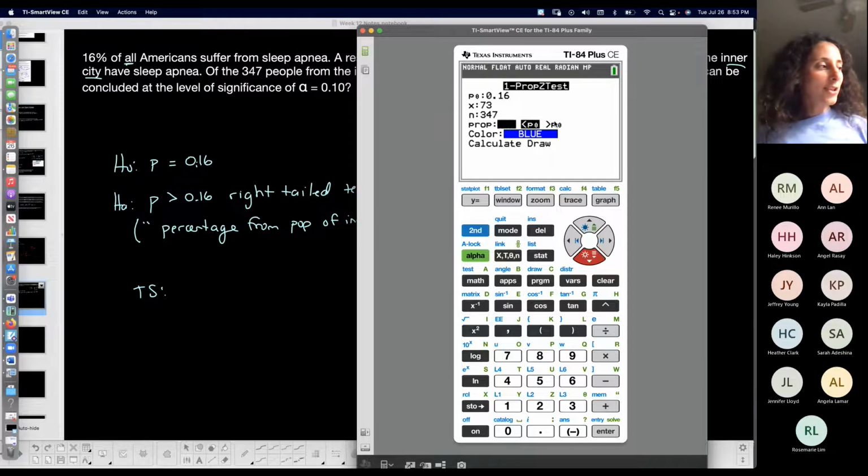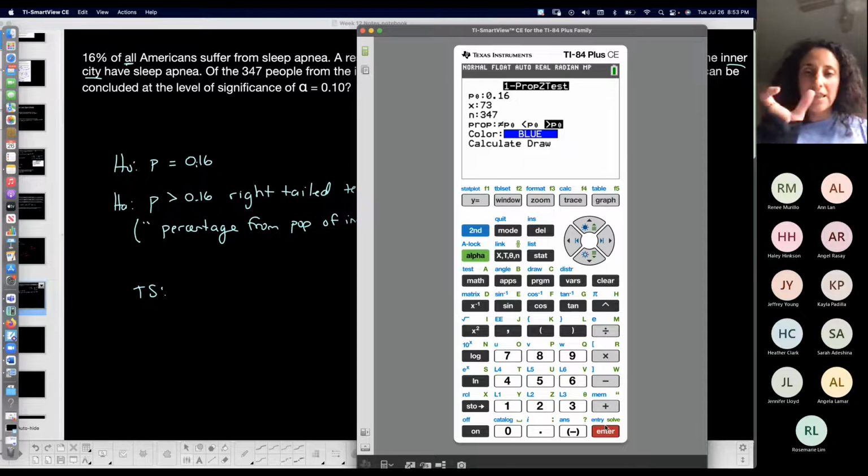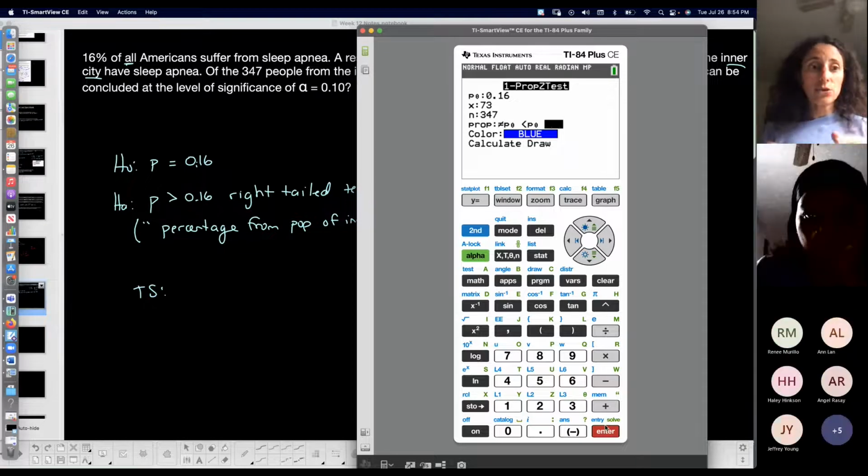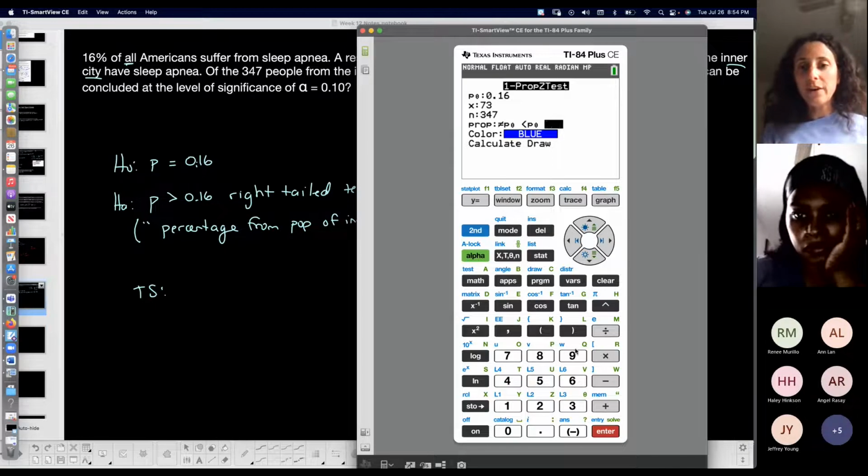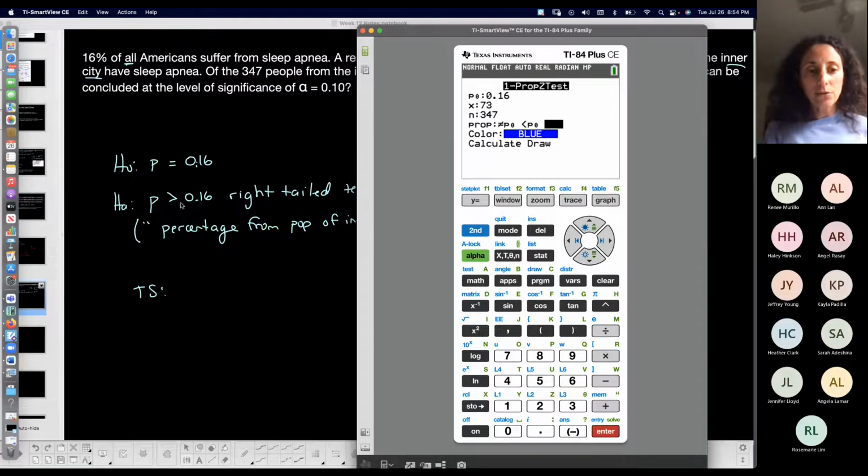Yep. I'm looking at the chat too. Greater than, so it's right-tailed. I need to make sure that this one over here is highlighted. You see how I moved it over there? Sometimes some of you may think you're moving it, but you're not, and then you're getting p-values that are wrong, because depending on whether it's a 1-tailed or 2-tailed test, that can change your p-value. So this is matching my alternative, p, and then greater than. See, this is saying proportion greater than the claim value, which you stated was